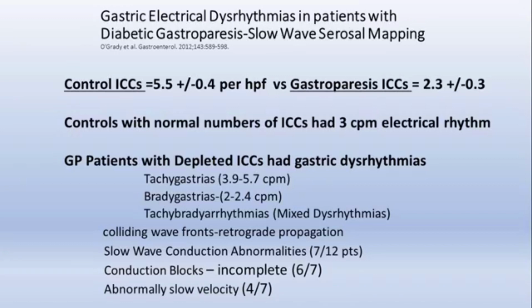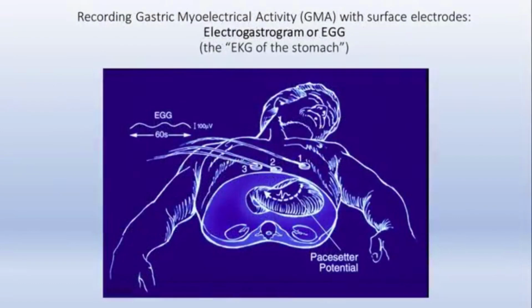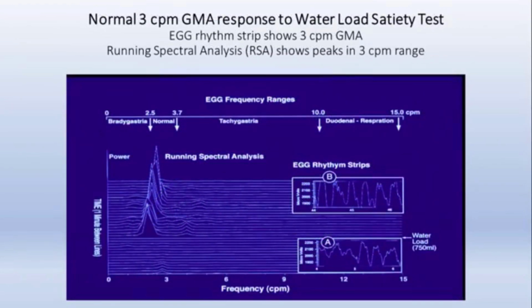So those ICCs are very important for the stomach, and we can measure them by putting electrodes on the surface. You see the stomach below those electrodes, and we look for those electrical rhythms from the stomach that can be recorded by the surface electrodes. So this is a sort of a fancy slide, but if you look at those EGG rhythm strips,